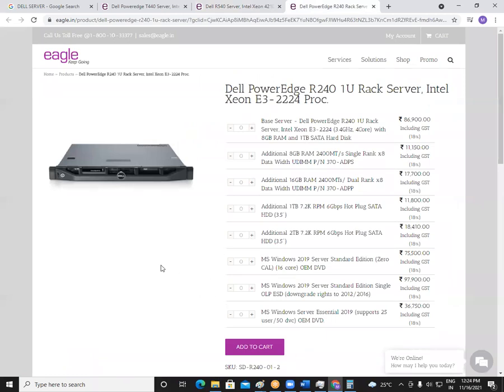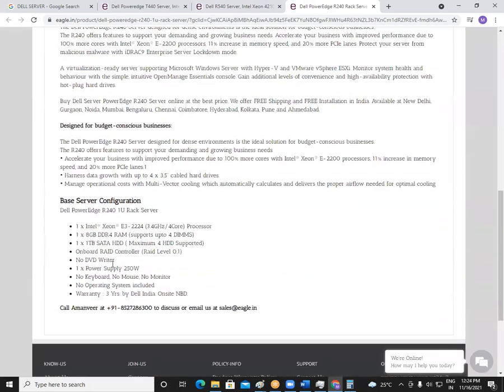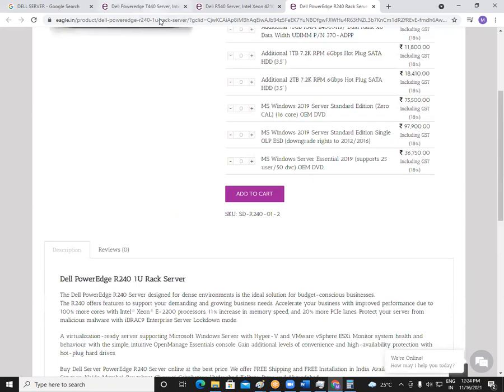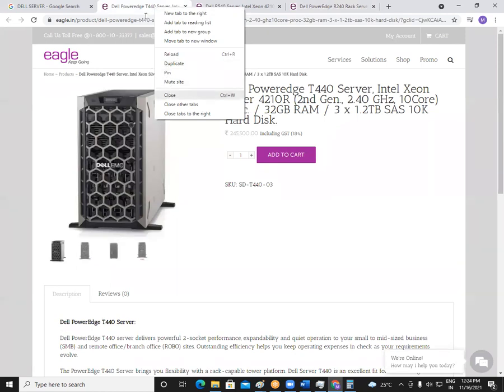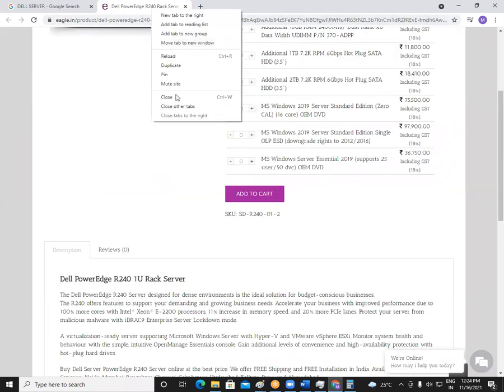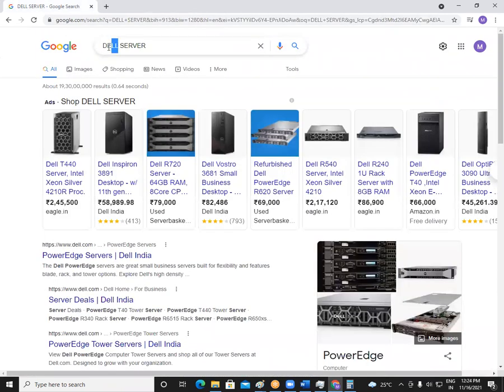Now coming to this server, I think this is also a Dell server, yeah. Okay, this is around 90,000 rupees, right? So we can see the difference here clearly. The speed is 3.4 gigahertz and we have only 4 cores. Okay, and each slot is supporting 8 GB RAM, and how many slots do we have here? Totally 4. That means it will get around 32 GB RAM. Got it? And still there is no operating system included here, and the warranty is for 3 years. These are your Dell servers. You can see all the specifications here. You can compare and see which is needed in your setup.